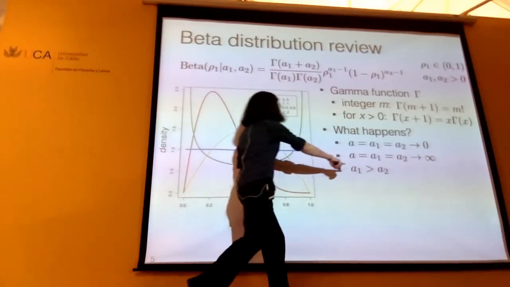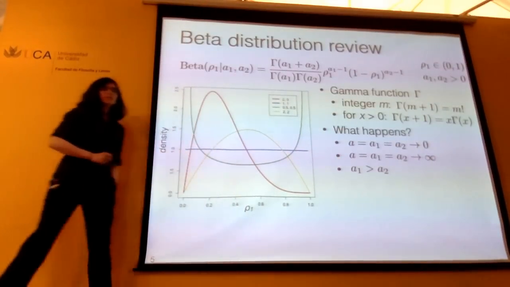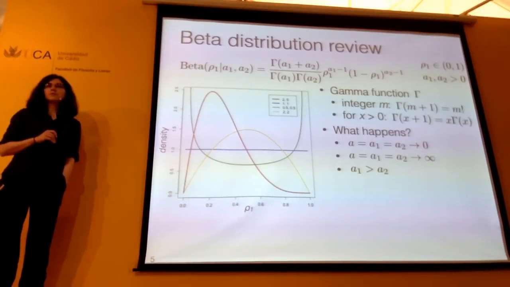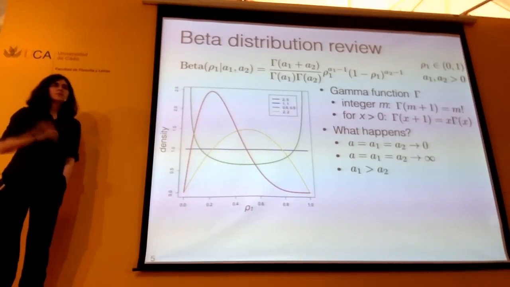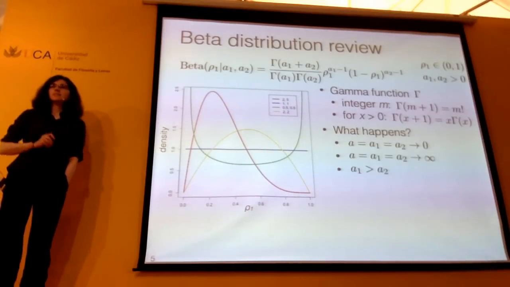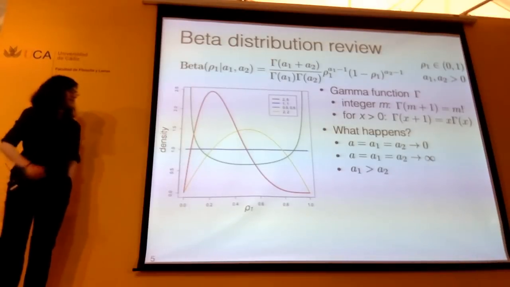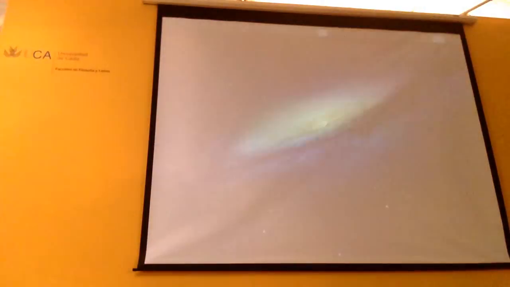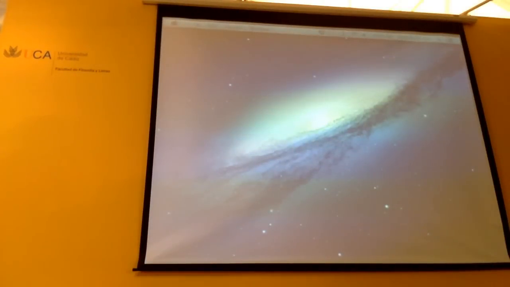What if I have A1 greater than A2? Which one's going to be bigger in general, row 1 or row 2? Feel free to shout it out or raise a hand. Row 1, yes, great. Okay. Now, sometimes it's hard to really look at these from a density point of view, so let's just look at actual draws of this in practice.